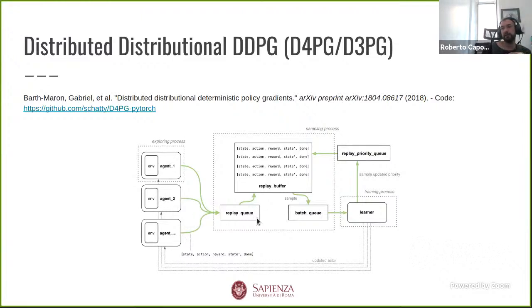These data are then stored in the replay buffer, from which the learner samples batches of data. And actually, this is a prioritized replay buffer. So this is why we have this step where we compute priority, and then the learner returns the updated actor